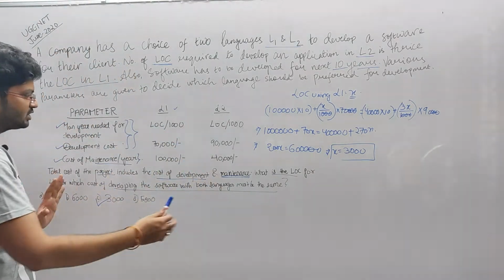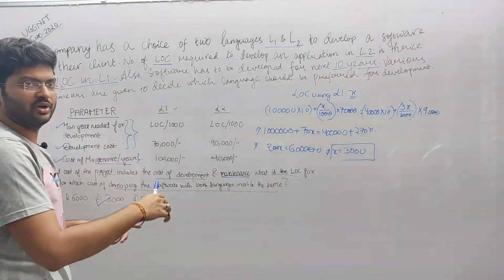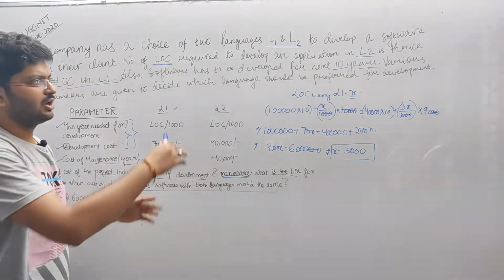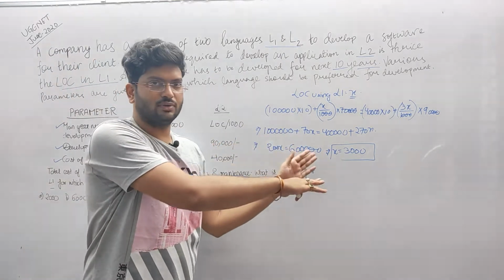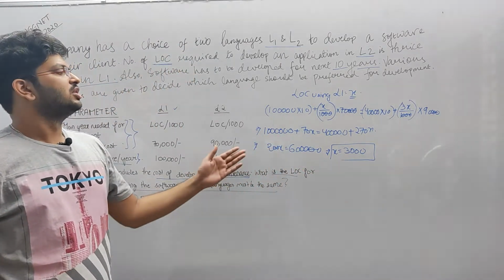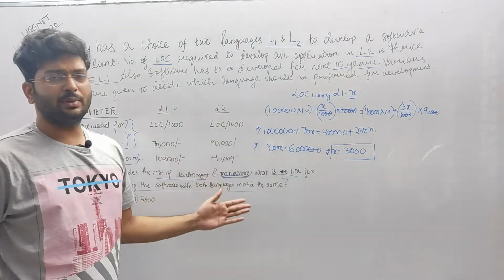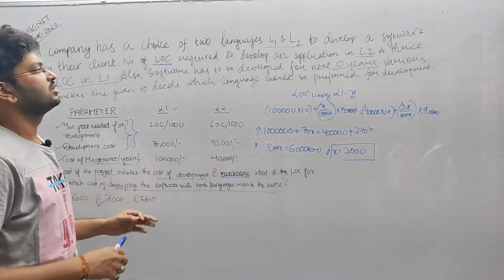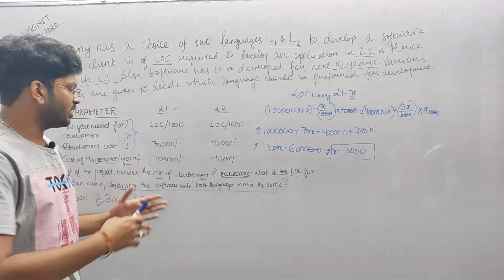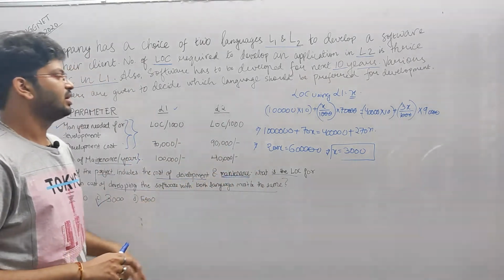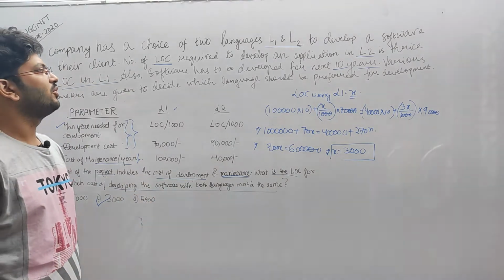In such questions we have to know the concept. What are the parameters given? We have to jump into the numbers first. What are the numbers they have given? This is basic mathematics. This is not any formula of software engineering. These formulas are not in the textbooks of software engineering. It is basic mathematics, there is no logic behind it. We just have to analyze what they are asking and how we can fit into it. This is the basic thing, nothing more than that.